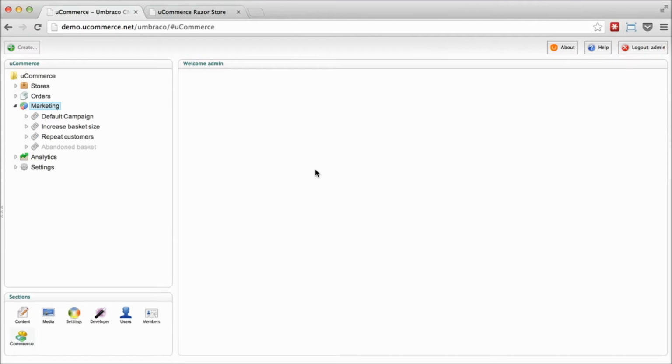uCommerce Marketing Foundation is built with the premise that we wanted to create a system for store owners so they were able to do really flexible pricing and discounts on orders, and at the same time make it relatively simple to set up this type of information. To accomplish that, we've created a model we call AAA. We call it Advertise, Act, Award, and the idea is that we wanted to create a model which would accommodate